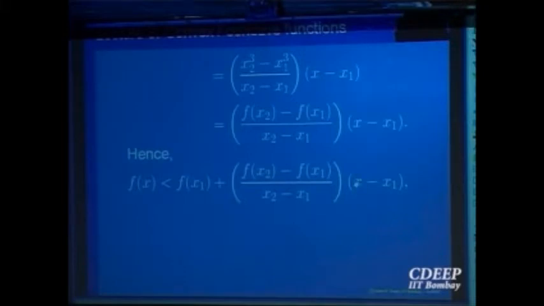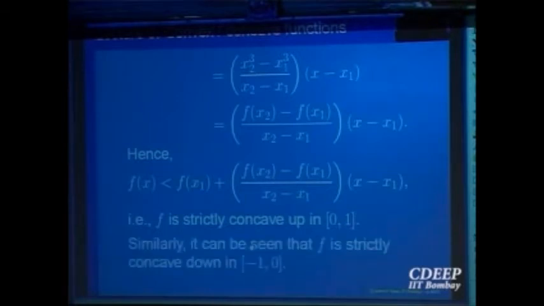Okay, so what does it imply? f of x is less than the chord, so it stays below. That means it is cup up. And similarly on the other interval, the point x equal to 0 is the point where it changes its nature. If you recall, we had already looked at the graph. It goes like this and then turns, right? On one side it is cup up, on the other side it is cup down. So there is a typical example, and we have just proved it using only the definition of the function. We have not used any calculus here at all, right?